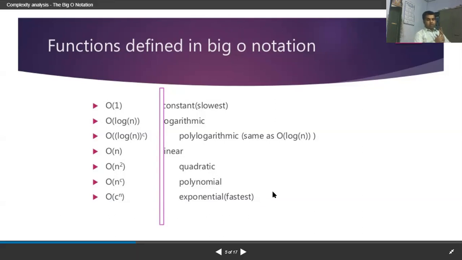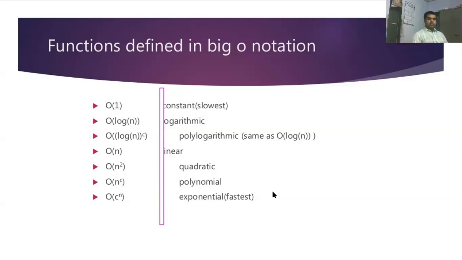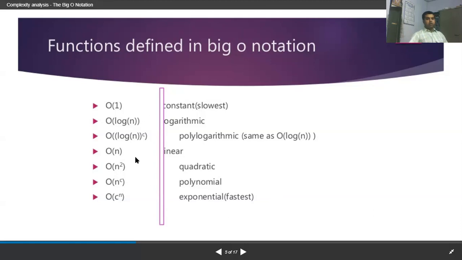Now the question comes, how do we do it? While designing the algorithm, it is certainly not possible for us to know that we have designed the algorithm as per a particular phase. You cannot do that, obviously. But once you design the algorithm, you can measure it with the help of this set of scales. If your algorithm comes under that particular phase, then it is considered to be going through that particular notation.